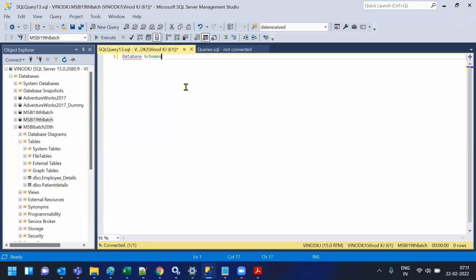Database schemas are very important, actually. People also call them schemas. As I mentioned earlier, structure will also be called a schema, but when you say database schemas, it's a bit